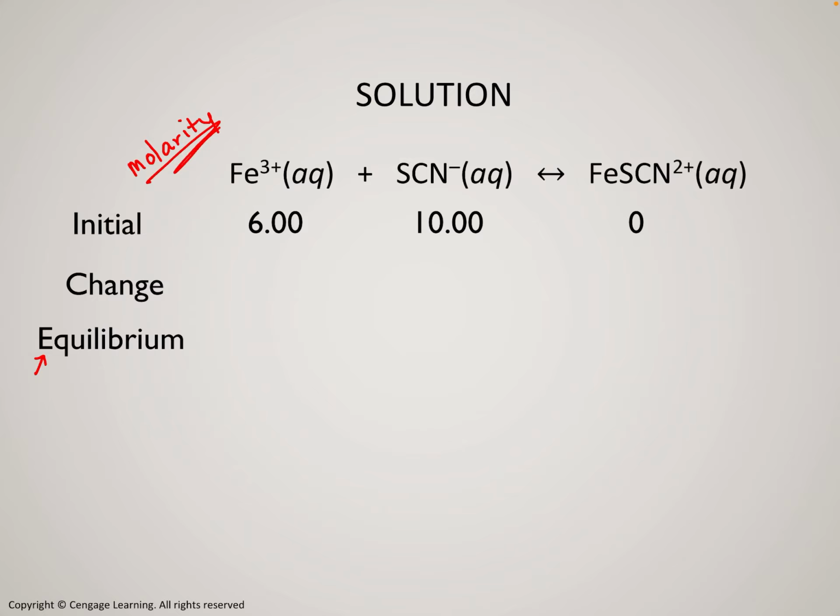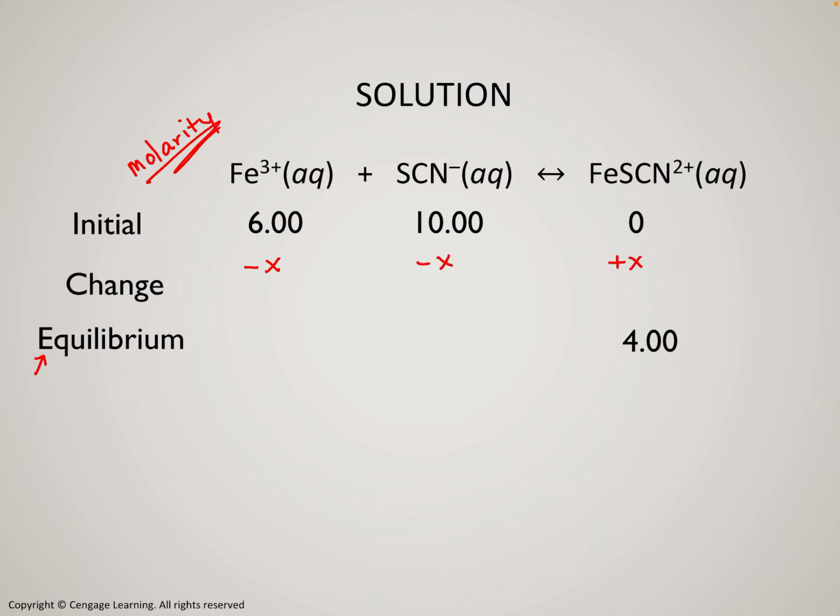So right now, our volume doesn't matter. These are just concentrations. We know the ending concentration of our iron thiocyanate. So we can use this to figure out our other equilibrium concentrations. Because if you think about this, our change is going to be done just the same. We're going to write minus x